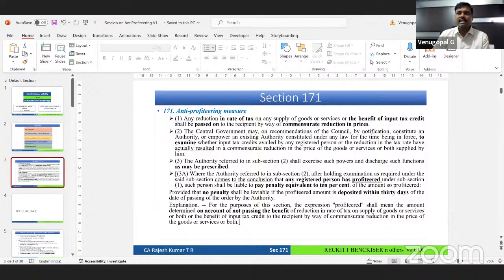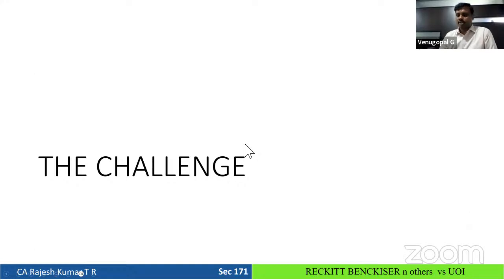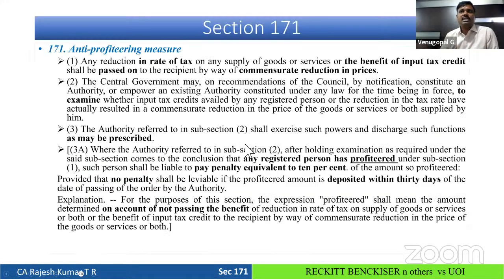Yeah, so till that comes up, members, I would like you to think from the shoes of the government. As Rajesh sir rightly pointed out, when VAT was introduced, we had no provisions equivalent to section 171. And because these equivalent provisions were missing, people took undue advantage of not passing on the credit. The benefit which Ashika was mentioning was specifically on the reduction in the rate of tax, especially after the 22nd